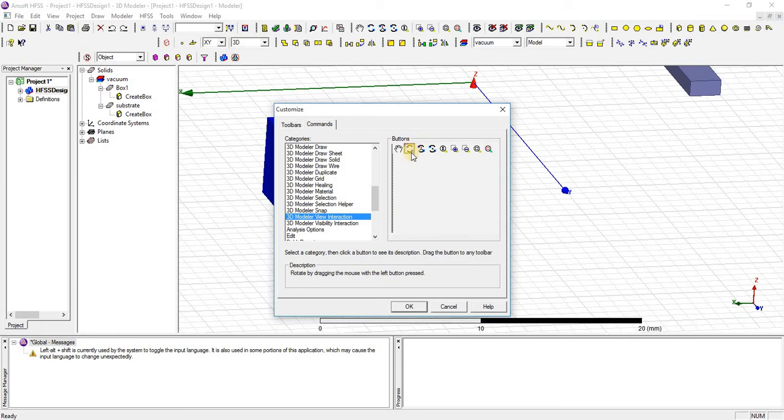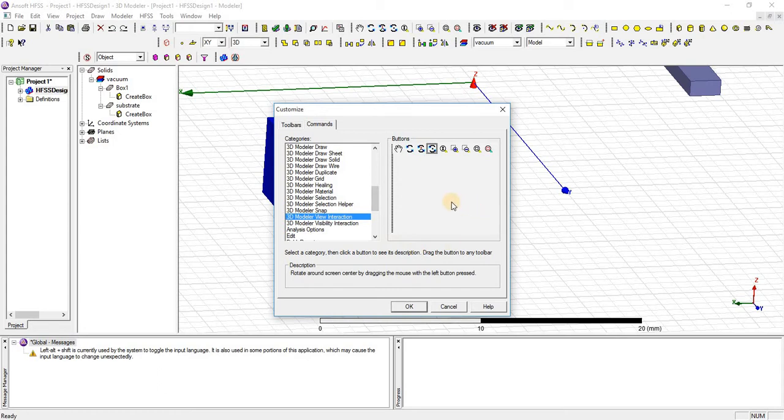Second one is rotate. We have three different types of rotate commands. First is just to rotate in any random direction. Second is rotate around an axis. In this way, the two axes will rotate and one axis will be fixed. The Z axis will be fixed. And the third rotate command is, just the object will be at the center and the axes will rotate.